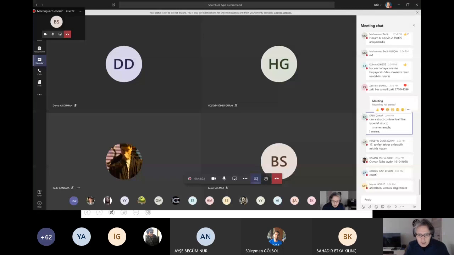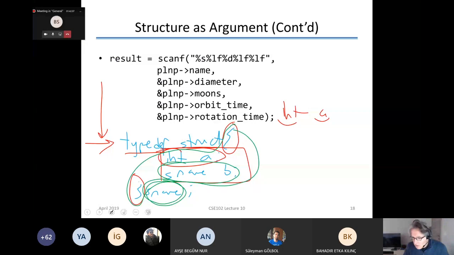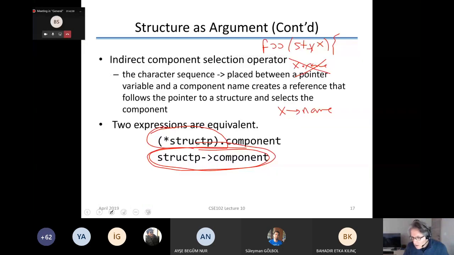17, page 17. Tekrar anlatabilir miyiz? Page 17. What is page 17? Which one is this? Okay. Of course, we can